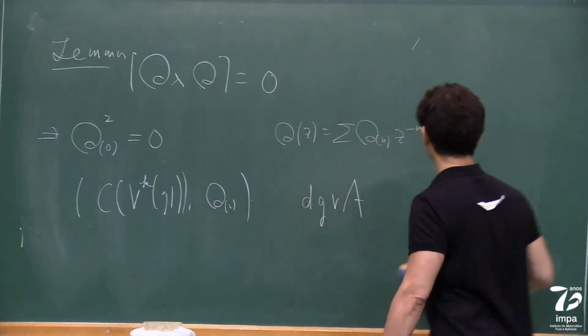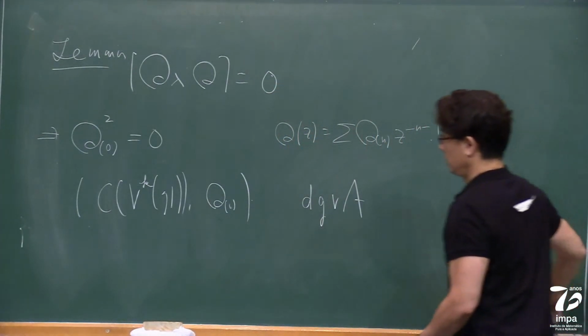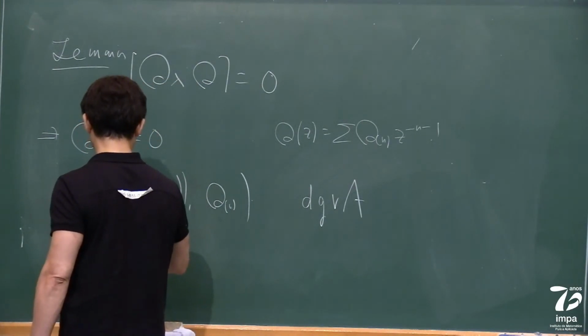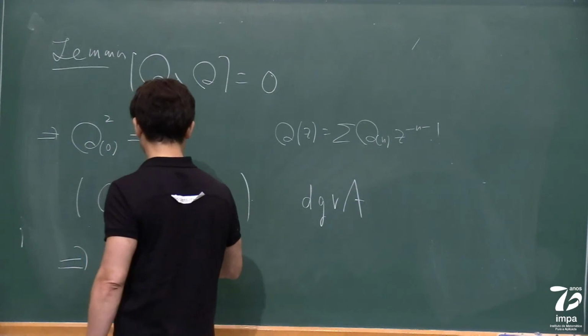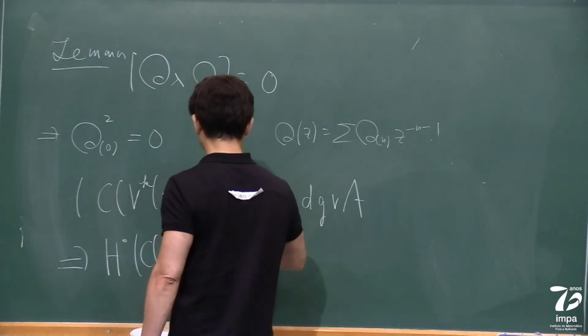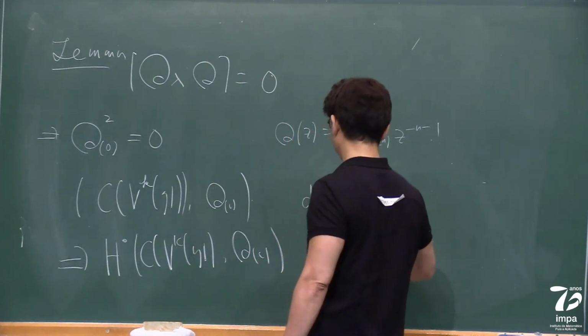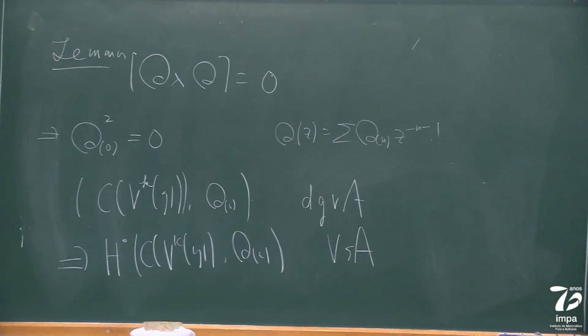So in particular, the cohomology is naturally a vertex superalgebra, a G-graded vertex superalgebra. So this is exactly the same story. And the theorem